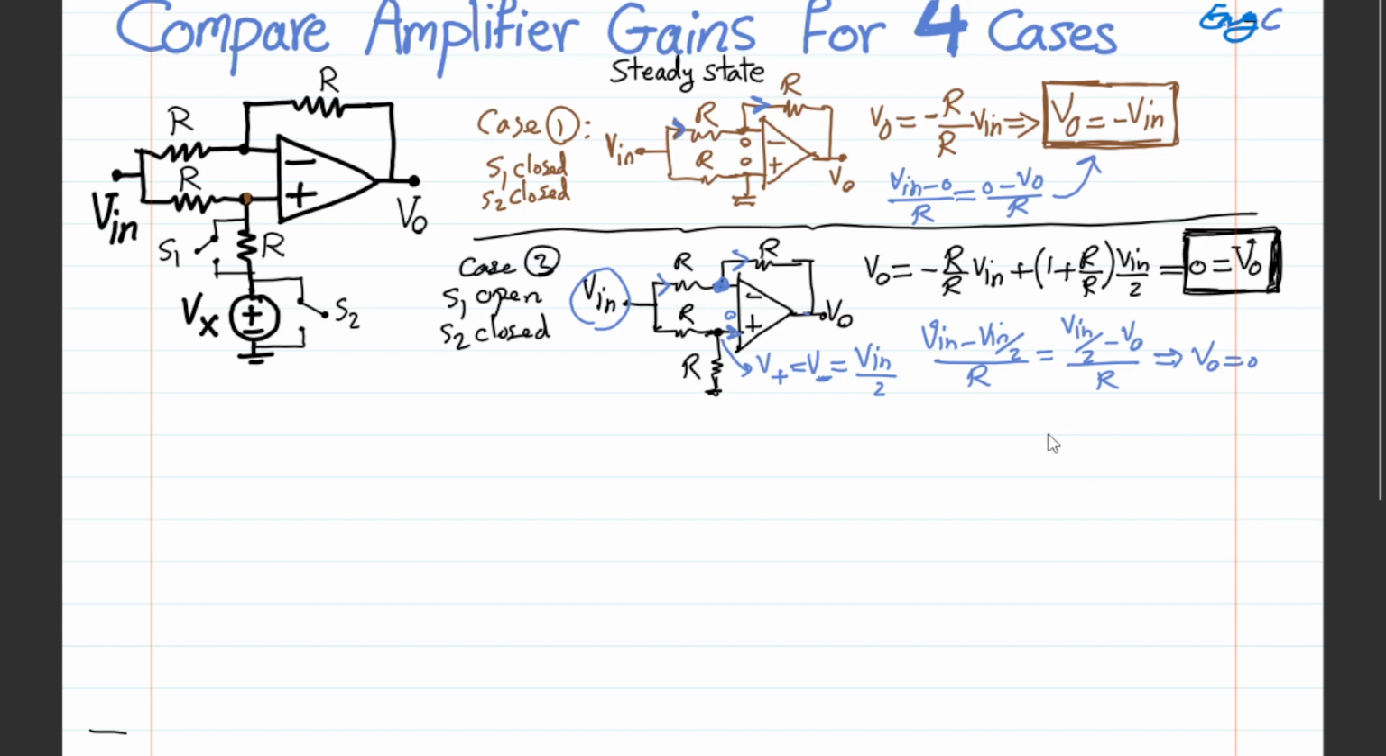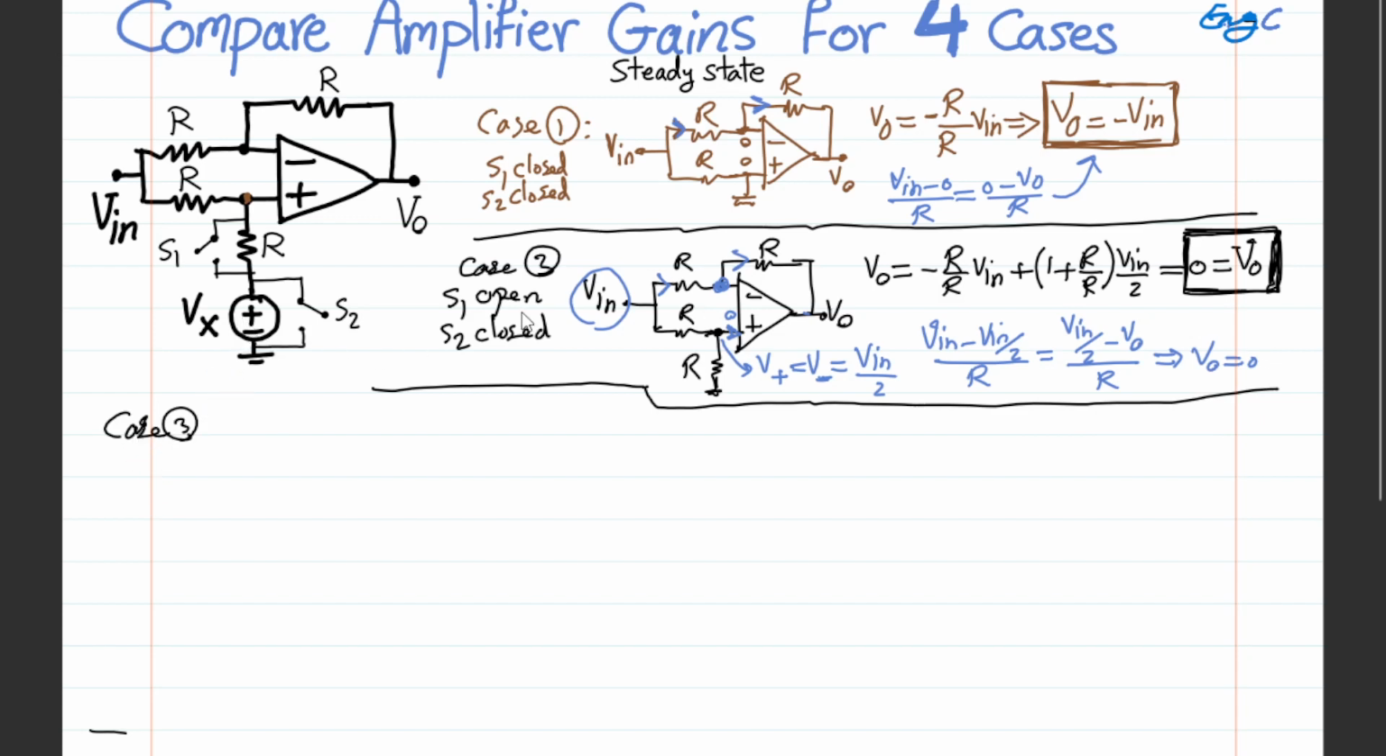So we are done with case number 2. Now let's do case number 3, which I'm going to just clean up here. So this is my case number 2 finished. Okay, for case number 3, what am I assuming? So case 3,